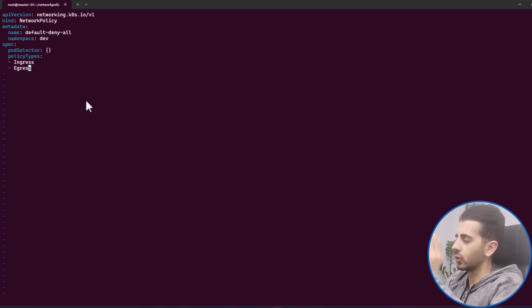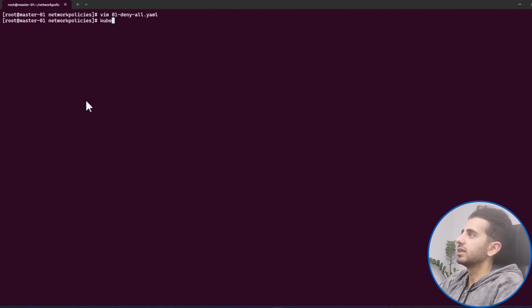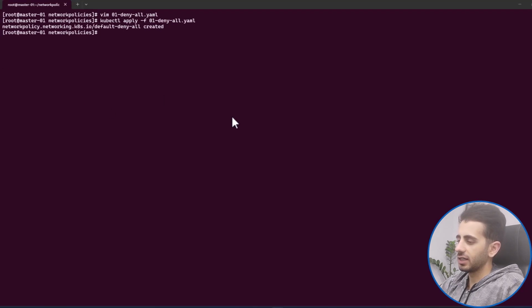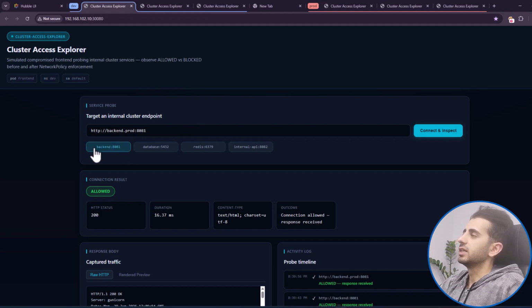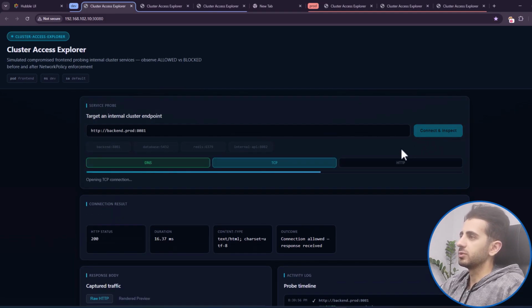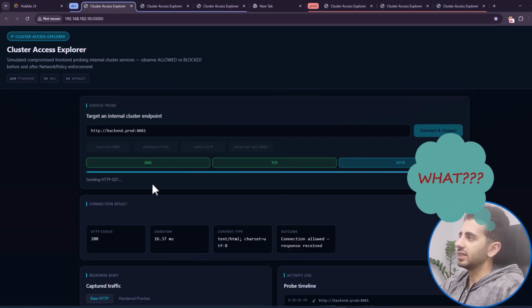incoming and outgoing traffic. So let me save and kubectl apply to apply the policy, and yes, I applied the policy, and let's just see in action that we can send a request to the backend pods in the same namespace and other namespaces like prod. So let me check, and here